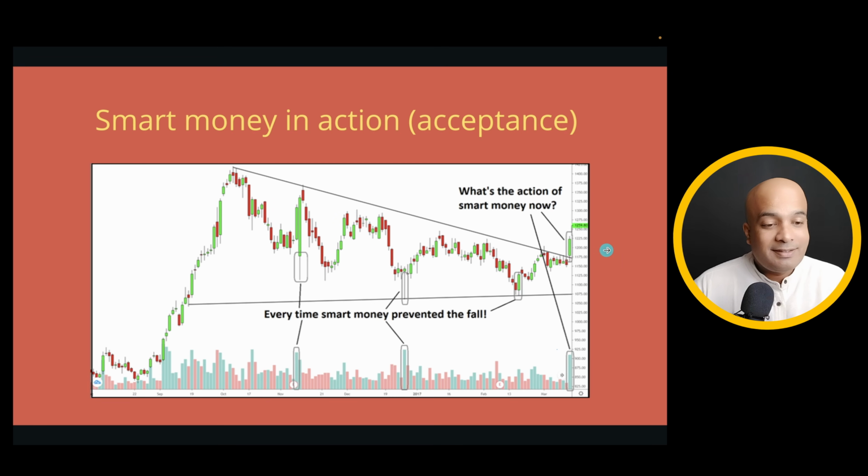So let's take this as an example. Just observe this chart very carefully. From here the price started going upside, right? Which means smart money is on the upside. Price comes back. See, whenever price came to this level, you just look at this big candle with a big buying wick, along with a good volume. What this indicates is smart money's intention is very clear: to accumulate this particular stock as much as possible,